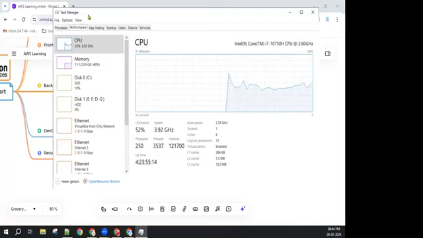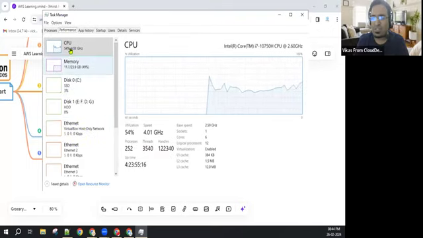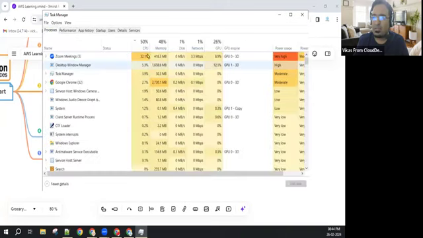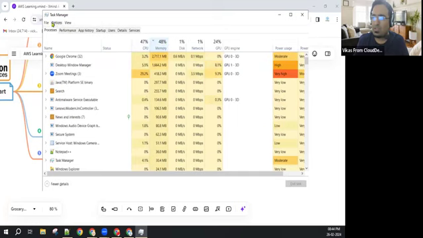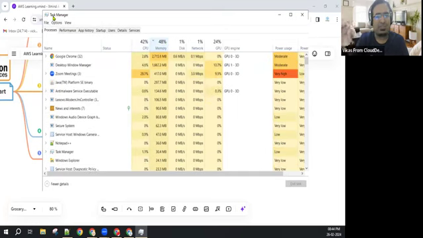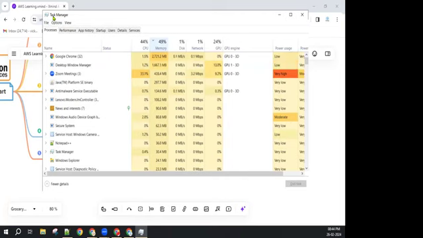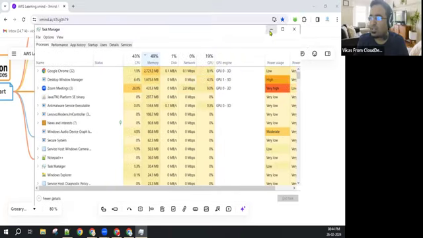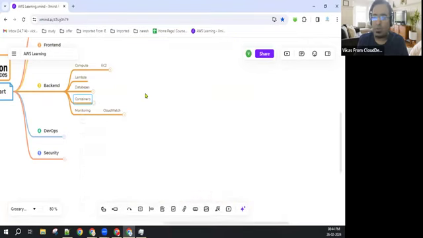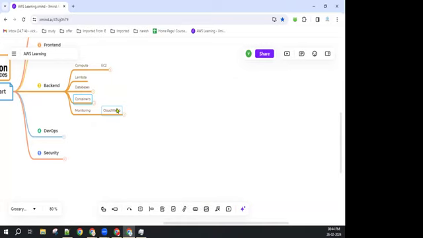He is doing the monitoring of my different resources, and he is telling which resource is consuming how much, and out of that, which process is consuming how much. So this Task Manager is a monitoring system for my laptop. Correct? If you want to create this type of monitoring system in the AWS cloud, then you have to use the service called CloudWatch. Got it?